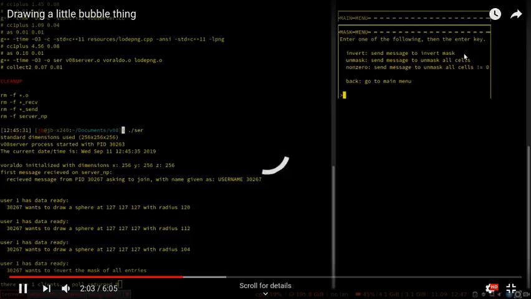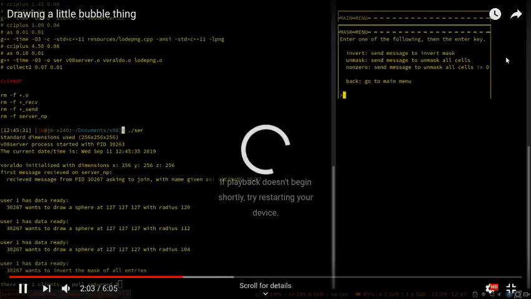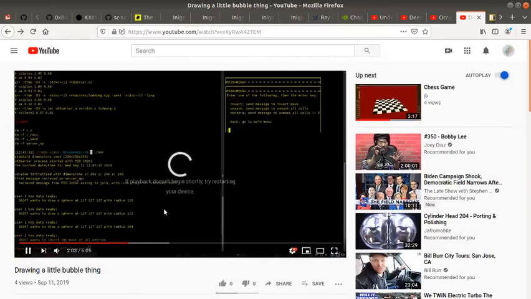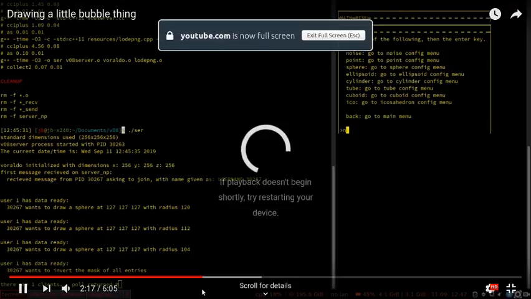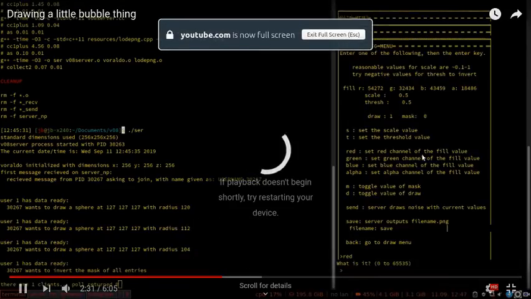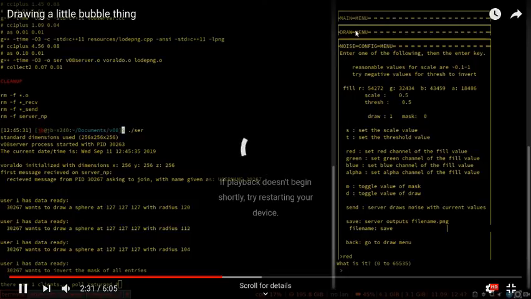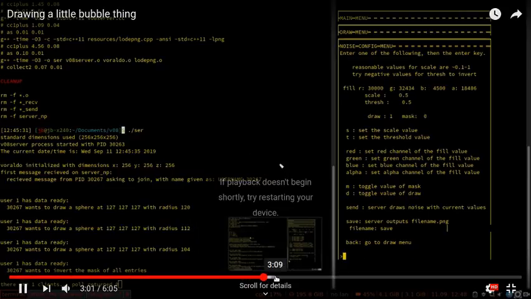A mask value for every pixel. You can unmask all cells. You can unmask all zero cells, or all non-zero cells. That's going to need to change because that's not really well defined. That's back when I was using a palette-based thing where every voxel basically just had one number associated with it. But you see this structure that has a couple levels of menus. Then you have different options, and as you pick the different options in the different sub-menus,